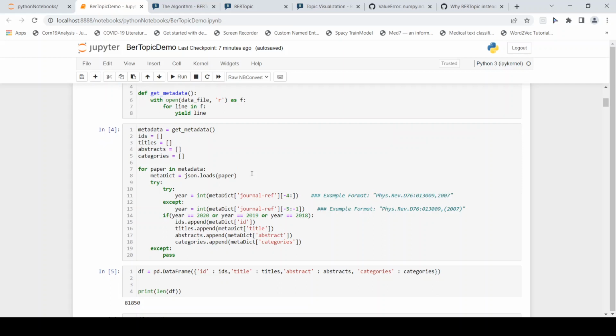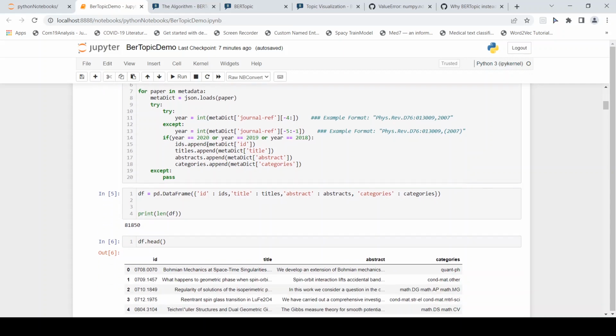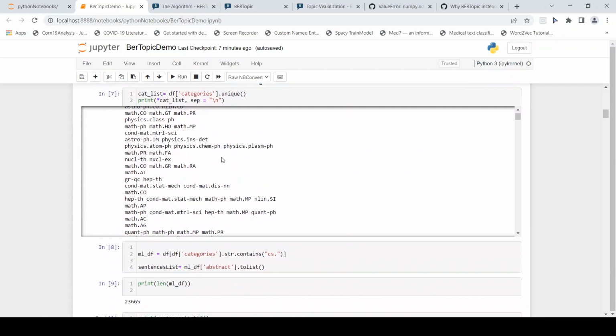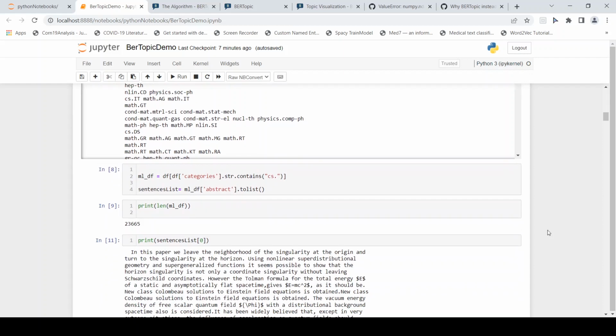From this dataset, I look at abstracts, and this is some pre-processing. I'll not go too much into detail. Basically, I pull abstracts from 2020, 2019, 2018. And then you see this is how the data frame looks like. There is a title, abstract, and categories. These are the various categories. I am pulling computer science publications over here, and I get a total of